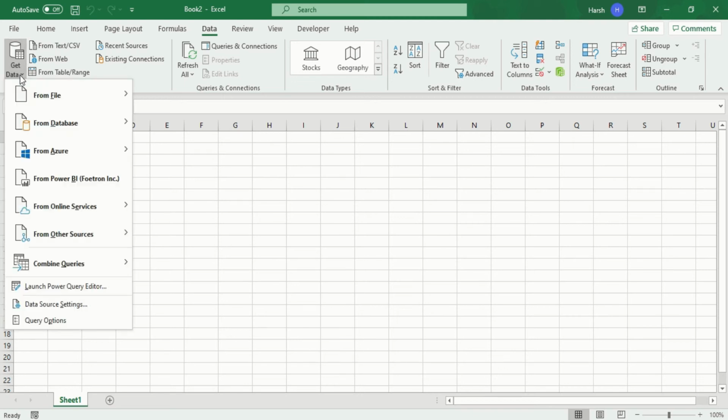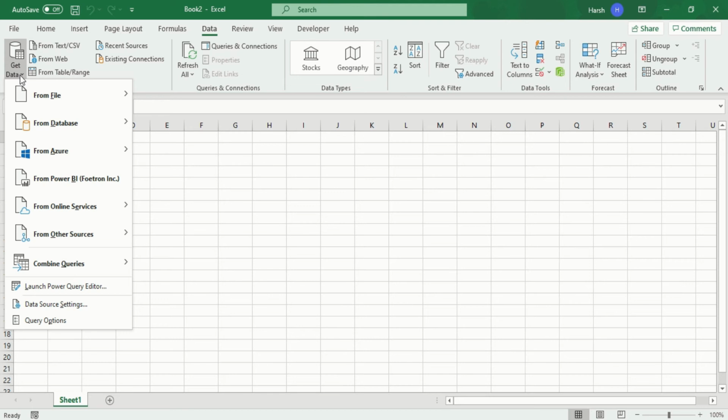That is what I want. Here you will see there are a lot of things available to you: you can get your data from a database, from Azure, from Power BI, from online services, and from other sources. You can get your data from all these sources or files.